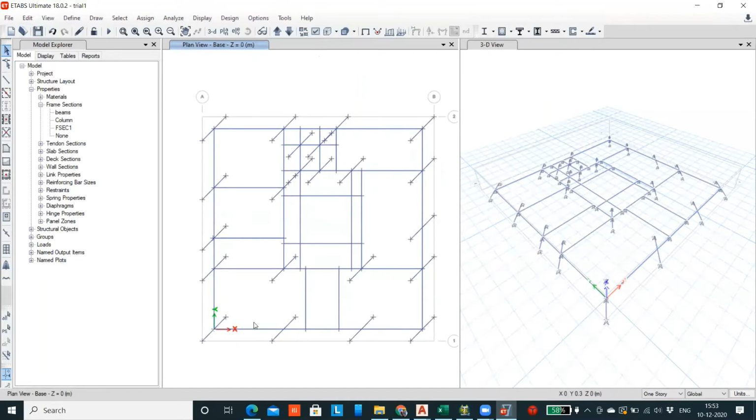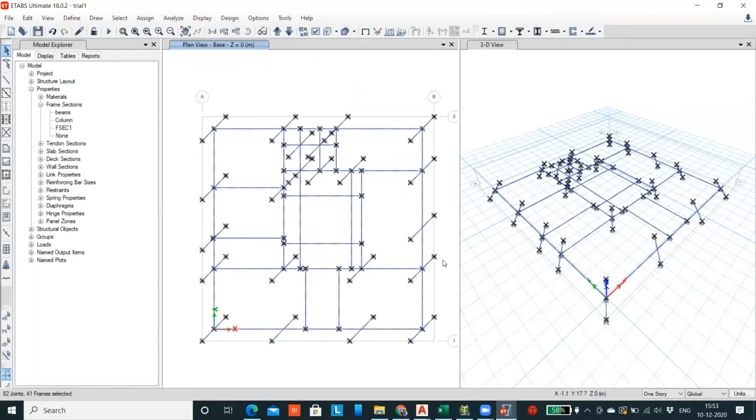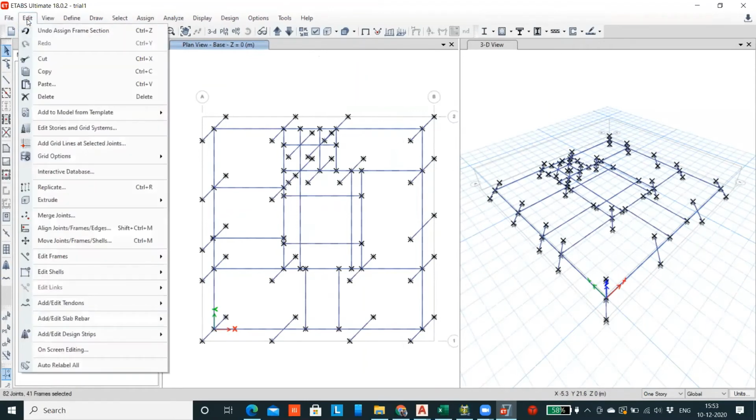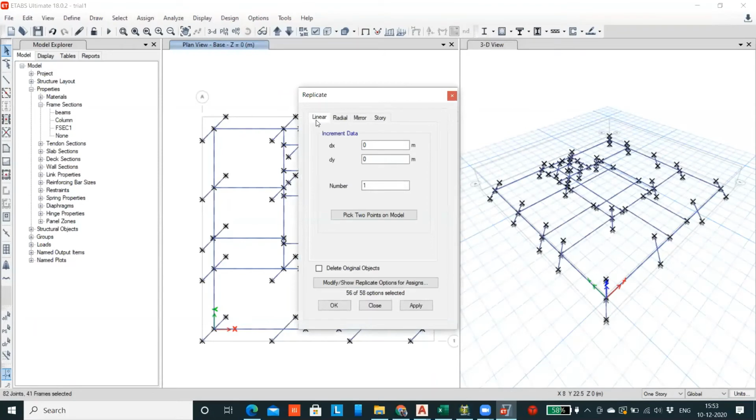So to draw the column, there is no grid. It is getting snapped. There is no grid. So first I'll replicate this one. I'll copy the entire plan and go to edit, and there is an option called duplicate. Click on that one, and along the